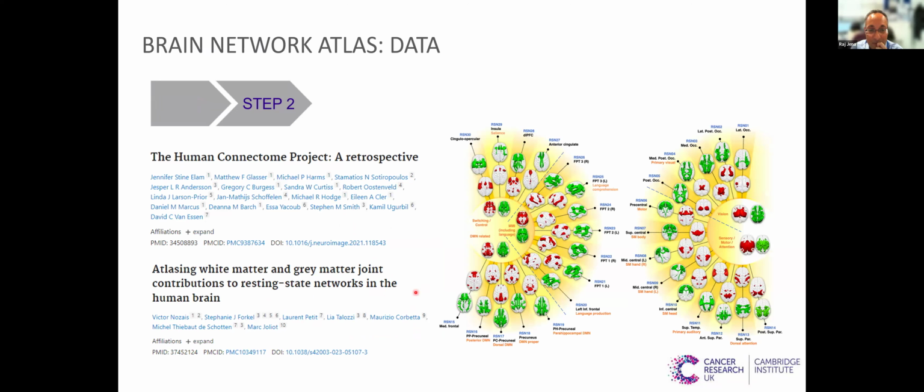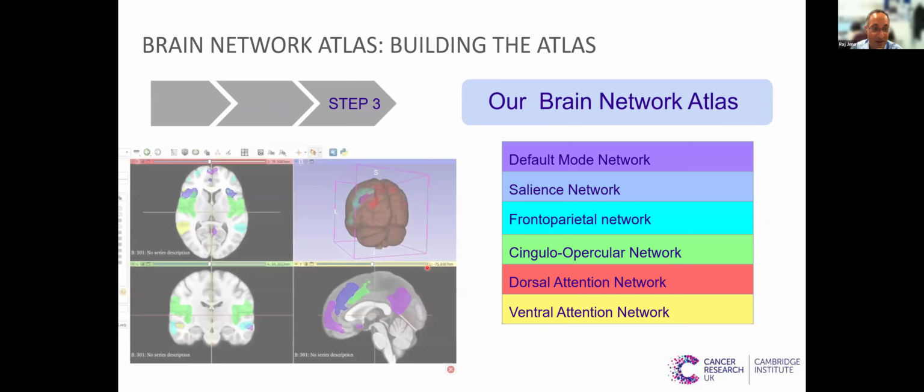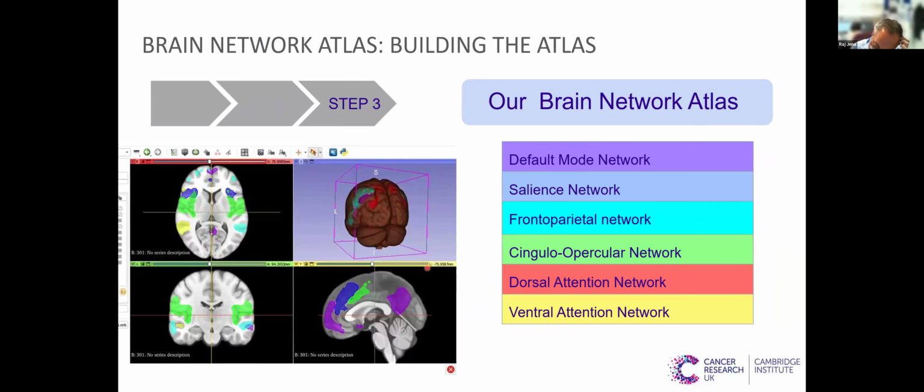And basically people have produced, through multiple resting state MRI scans from multiple healthy volunteers, maps of all of these resting state networks. And you can download it basically. And it's mapped to one of these standard neuroanatomical atlases. It's amazing work, kind of thing. And so we had a very bright medical student from Pavia who basically sifted through all this data, because it's quite noisy. You've got lots of disconnected components, so you need to apply some thresholding to all of this, and then basically built for us in Slicer.